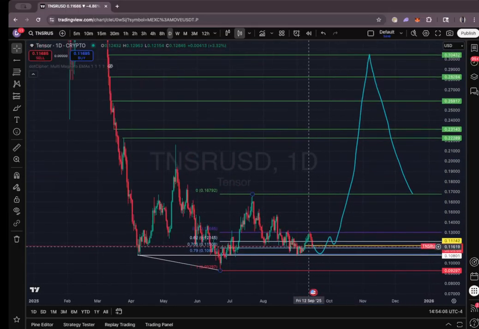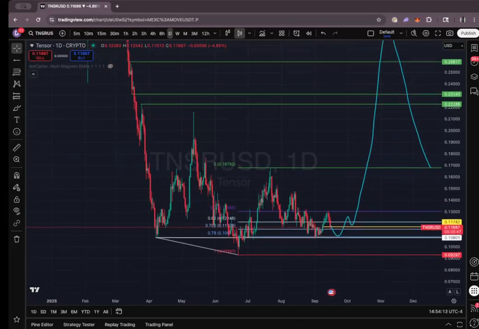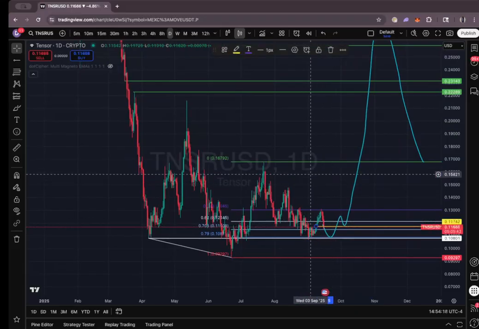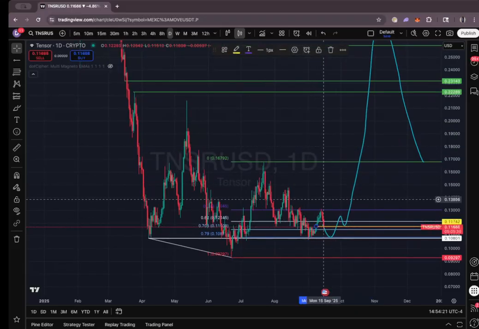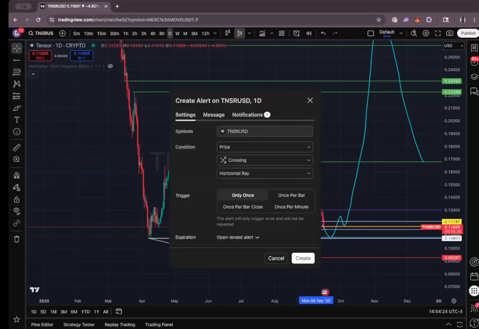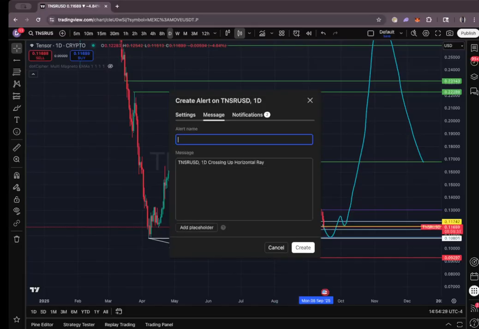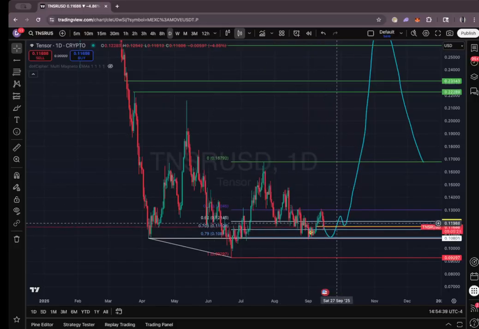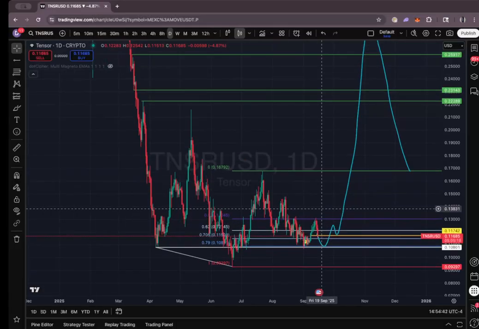So what I'll do here is, it's probably sometime next week, 2 to 3 weeks from now. We have about 2 to 3 weeks before we see this pump, but it is going to be a pretty glorious one. I'm going to do a daily close above 11.7 for a confirmation. TNSR long confirm, and I'll see if I can take this on a market entry when we start to break back above 11.7, and I'll see if I can call this out for you guys as well.